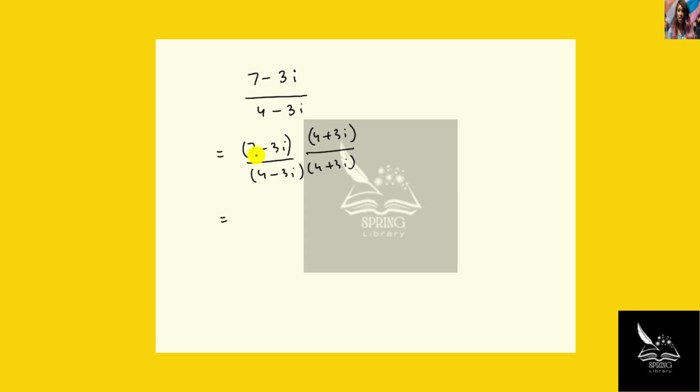So we are just multiplying. 7 times 4 is 28. 7 times 3i is 21i. Minus 3i times 4 is minus 12i. Minus 3i times 3i is minus 9i square,